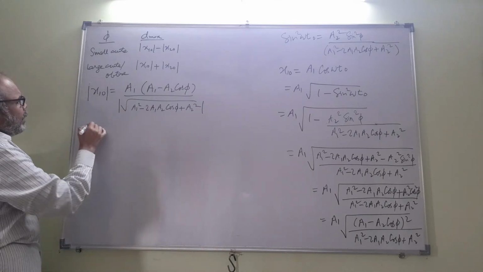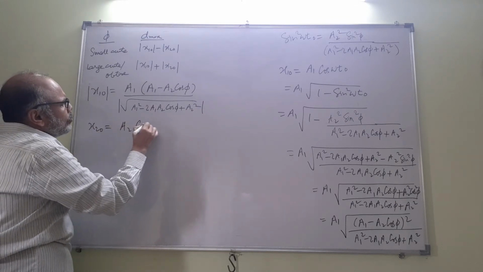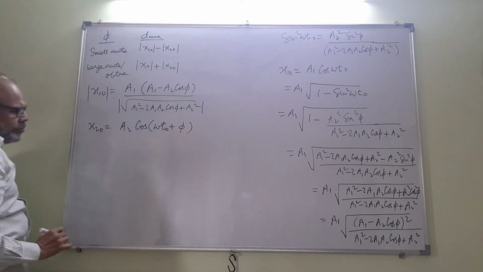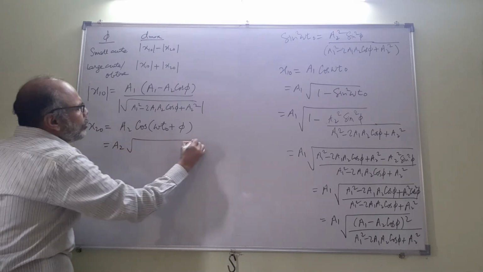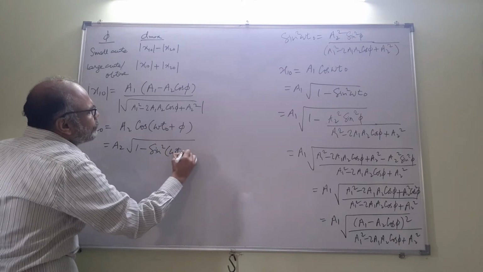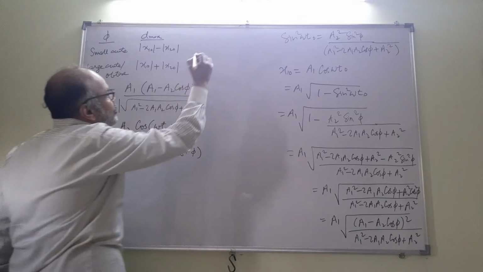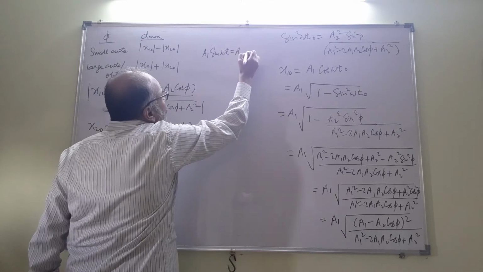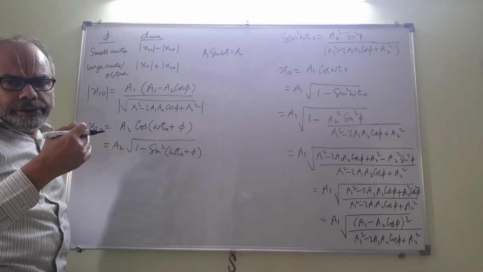Let us now find the value of x2 naught. x2 naught was a2 cos of omega t naught plus phi. So this we can write as a2 square root of 1 minus sine squared of omega t naught plus phi. Now we had the relation a1 sine omega t equal to a2